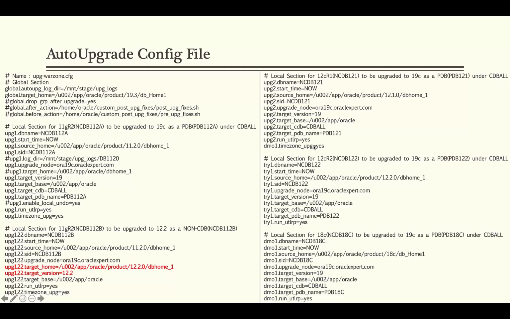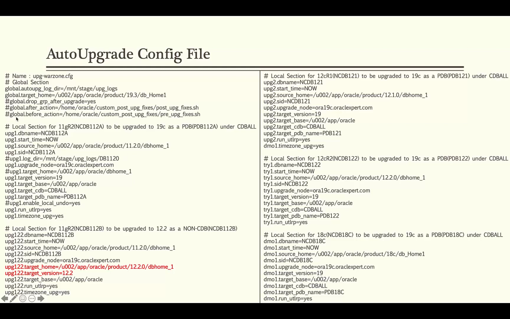Remember, when you do not mention it, the default value is yes, so I need not mention it explicitly. Because I was running out of screen space, I deliberately omitted those parameters, because I know even if I omit it, it's going to do the time zone upgrade as part of the post DB upgrade steps.